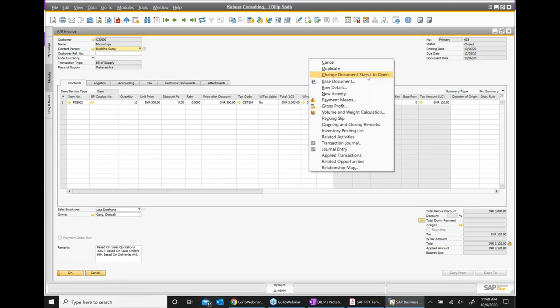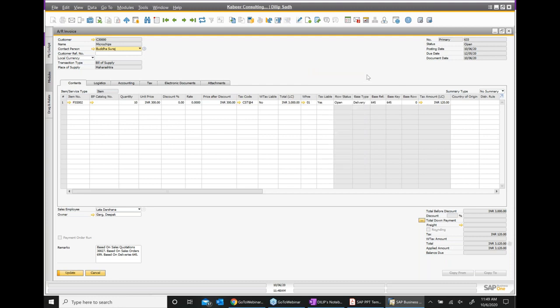So here we can change the document status to open. And I update. So now I open this AR invoice again.